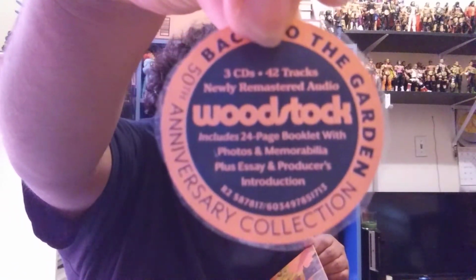The topic I want to be showing you, or my collection that I've been working on, is Woodstock, and this is pretty much my vinyl collection that I'm going to be showing you guys. I'm showing you this because this is a 3 CD set. It was also released as a 5 vinyl set that was pretty much the same thing as this album. Yes, there's the hype sticker if you guys are interested in that. I don't know if it's focusing there, whatever. So yeah,